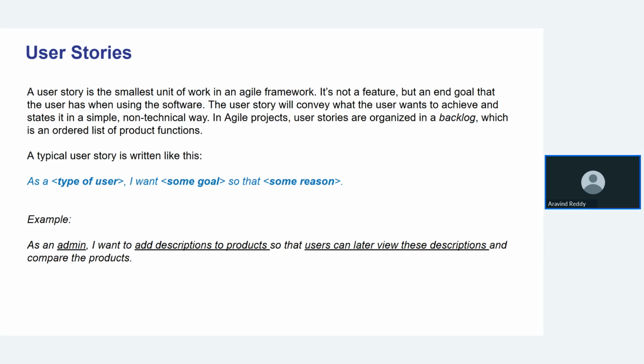So if the user is expecting something, see here: as an admin, I want to add a description of a product so that users can later view this description and compare the product. What we are seeing here is, if I'm selling a smartphone, for example, you built a website, guys. Okay, you built a website, and I want to sell my smartphone on your website. What I'll do is take pictures of my phone and upload them. But I can also give some description about the product. The product was amazing. It had these types of features, so you can see in the images, and you can see the